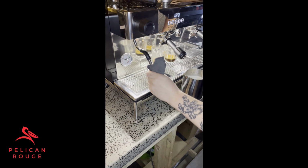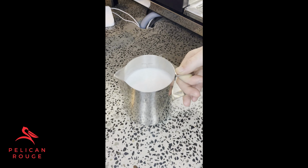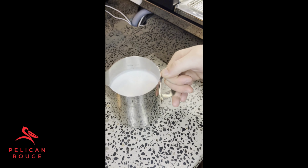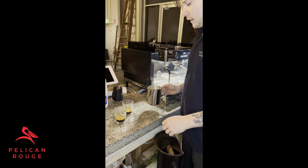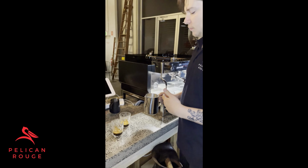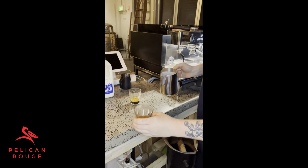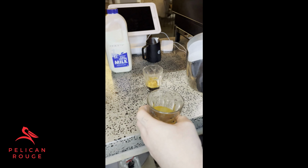I'm going to give it a nice wipe, quick purge. I'm going to just give it a nice couple taps on the bench, just to really get it going. So the first one we're going to pour is our latte, and the reason we do that is because straight away after you've steamed your milk, it's going to be at its silkiest and it's still going to want to form. So first things first, you're just going to give that a nice quick swirl, and then straight away